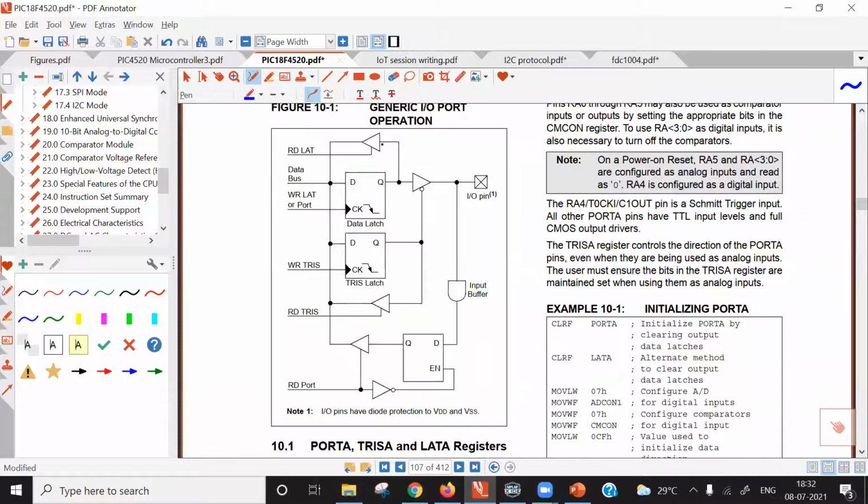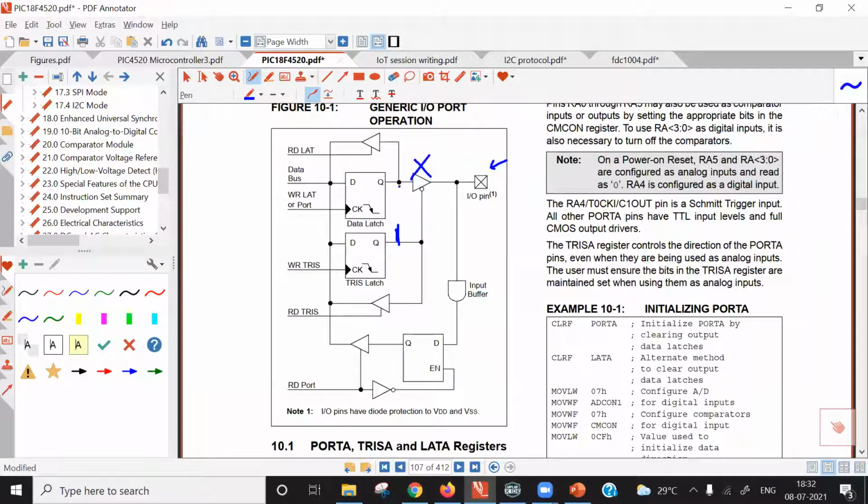This is the block diagram of the IO port pin. Now what we want to do is, look here, the IO port pin is shown. When we write logic 1 to the TRIS latch, that is logic 1 is here. When the TRIS bit is 1, at the output of the TRIS latch we get logic 1. When we have logic 1 here, this buffer gets disconnected. And that's what we want, because the same pin is also connected to the clock pin of the I2C module.